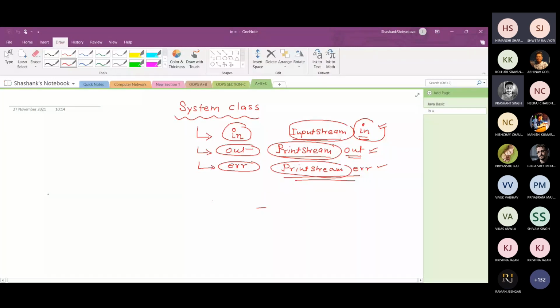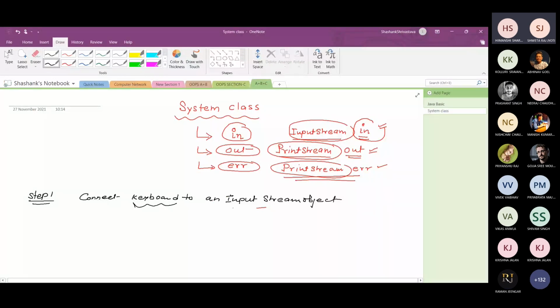The first step is to connect the keyboard to an InputStream object. InputStream is a class. Connect a keyboard to an InputStream object.